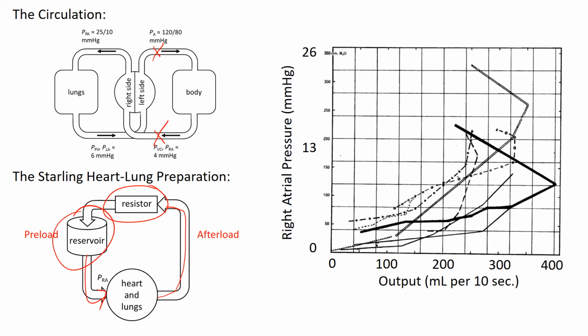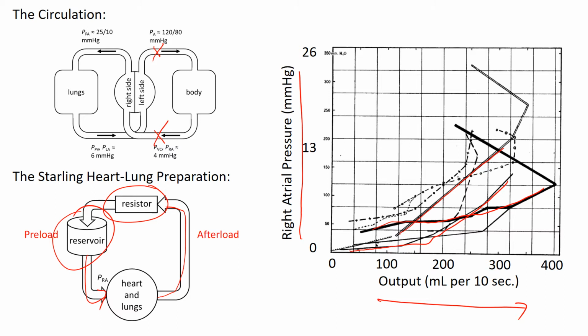Here, this is the right atrial pressure on this axis, and here's the output, the flow, the cardiac output on this axis. As the right atrial pressure increases, these are all data from individual dogs, the cardiac output tends to increase. They didn't really do a systematic study here, but the claim is that the result is basically the same,